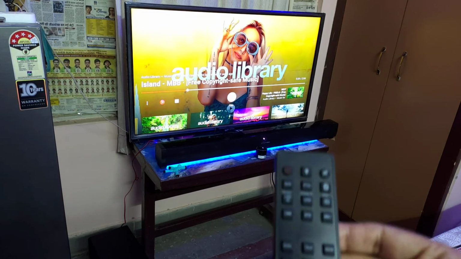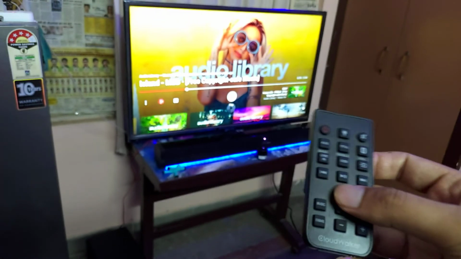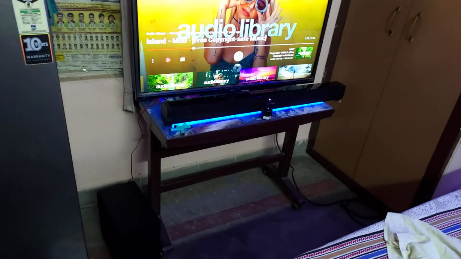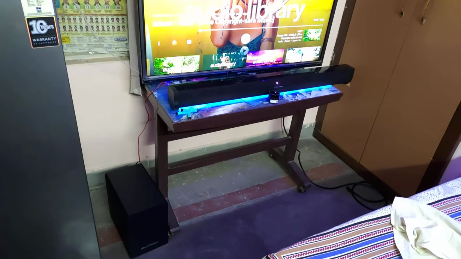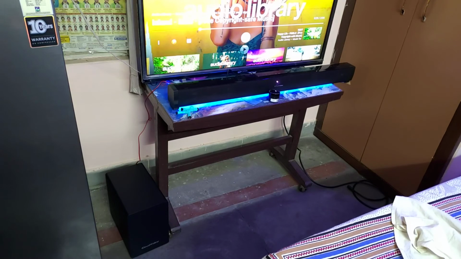The only downside is I got a very different remote, but again I was just using it on my mobile using these universal remotes, and it seems to be working awesome. I like the bass effect of this, but the only downside is we don't have any control for the bass.